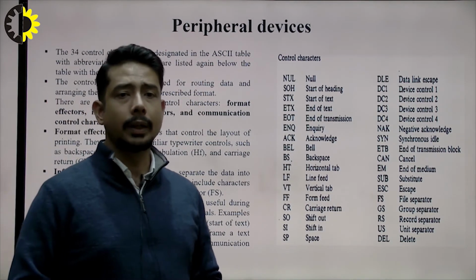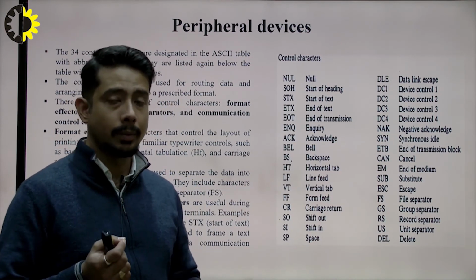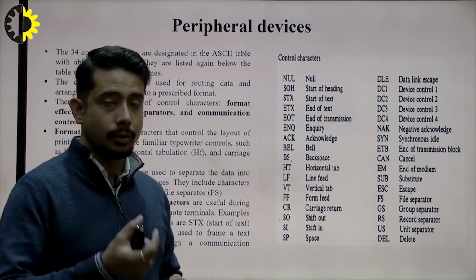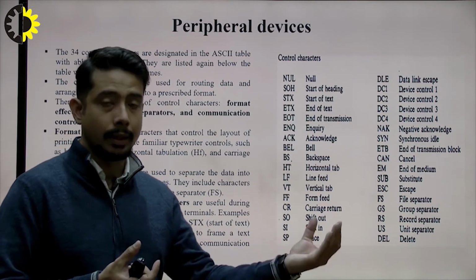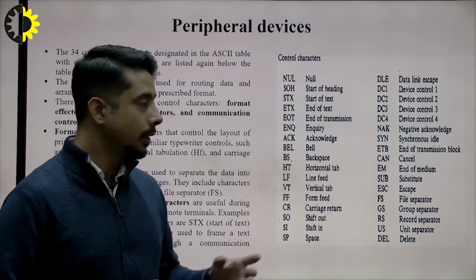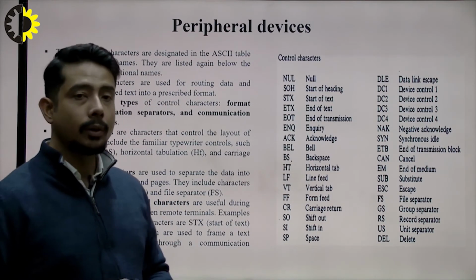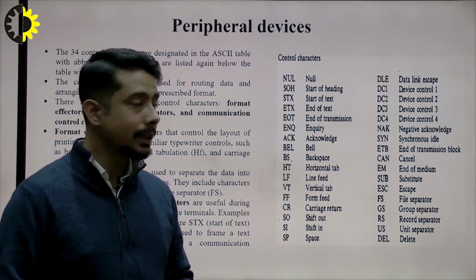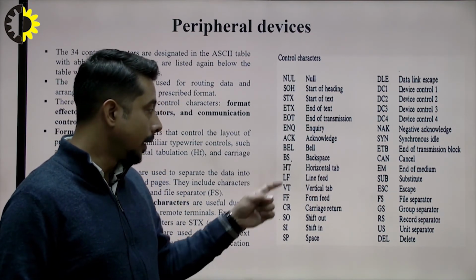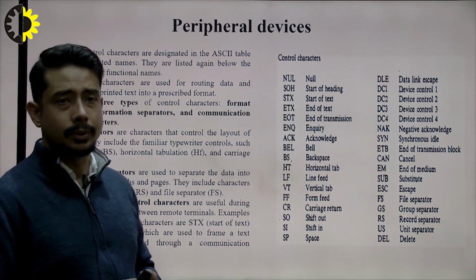Then also we have acknowledge. Okay, why is acknowledge an important one? Because wherever you are using a particular peripheral device, you need an acknowledgement from the other end also. So ACK is used, ACK. Okay. Then if you talk about vertical tab and horizontal tab, those are also used, HT, VT. Okay, so these are some of the control characters being used.